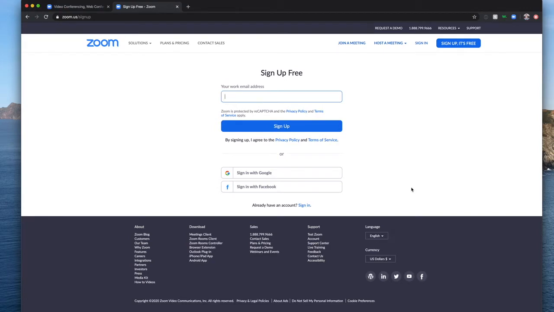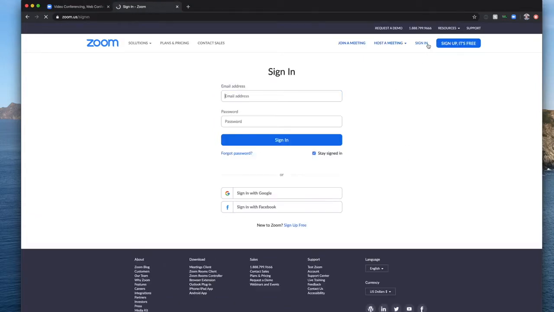But I already have an account. So what it does is after you set this up and you put in all your information, you will have to do a confirmation. You'll have to go to your email account that you sign up with and verify your account with whatever code that they send you. But since I already have one in there, what I'm going to do is I'm going